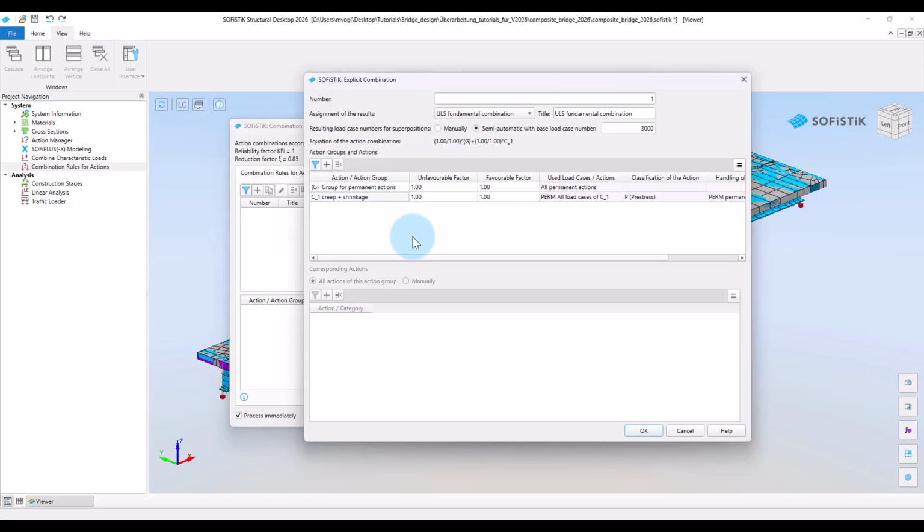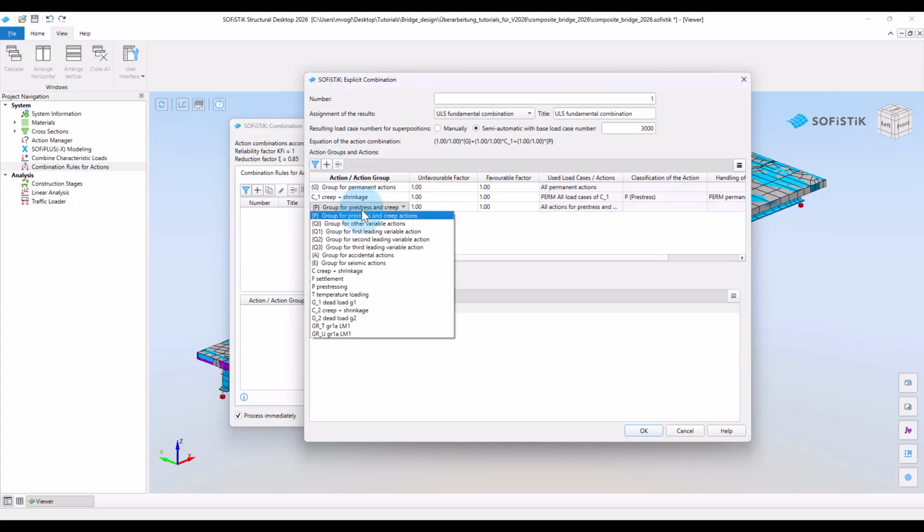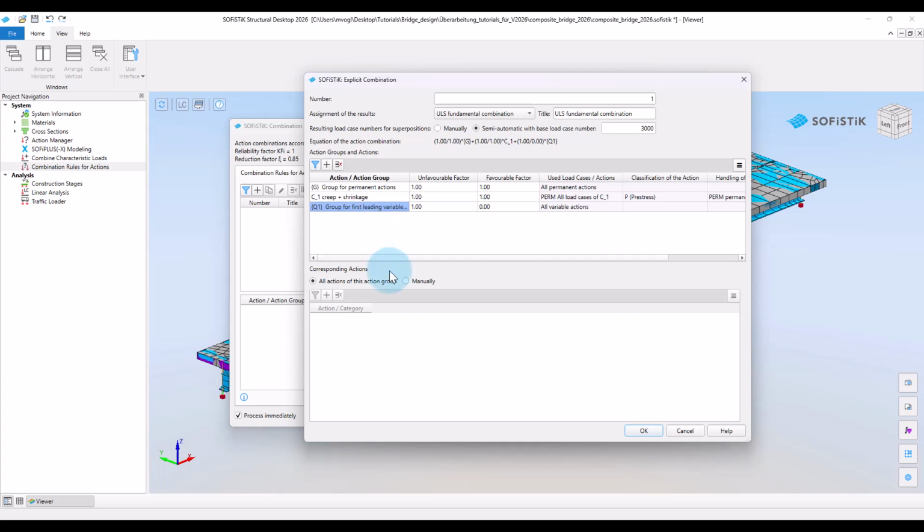Next, we will add the variable actions. We will add an action group for the leading variable action. We manually select the variable actions for temperature, settlement, and the traffic loads. The logic is that out of these actions, the one with the most unfavorable effect will be determined and added as leading variable action with the defined factors.